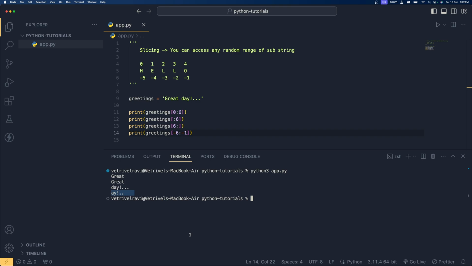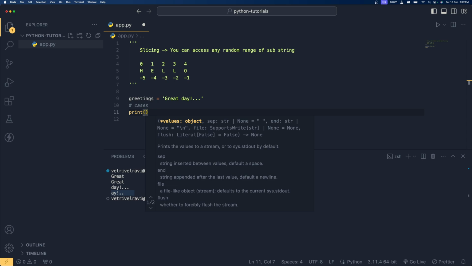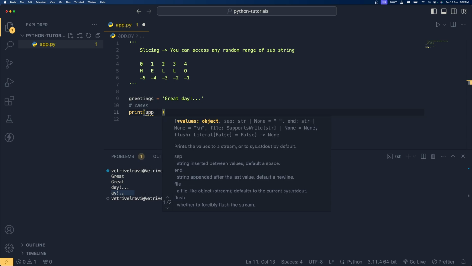Since there are lots and lots of string methods out there, I'm going to give you the most popular methods which we use quite a lot inside Python productions. We already discussed the length method. Let's say that you want to change the cases of the text. If I want to change everything into uppercase, I need to use the upper method,